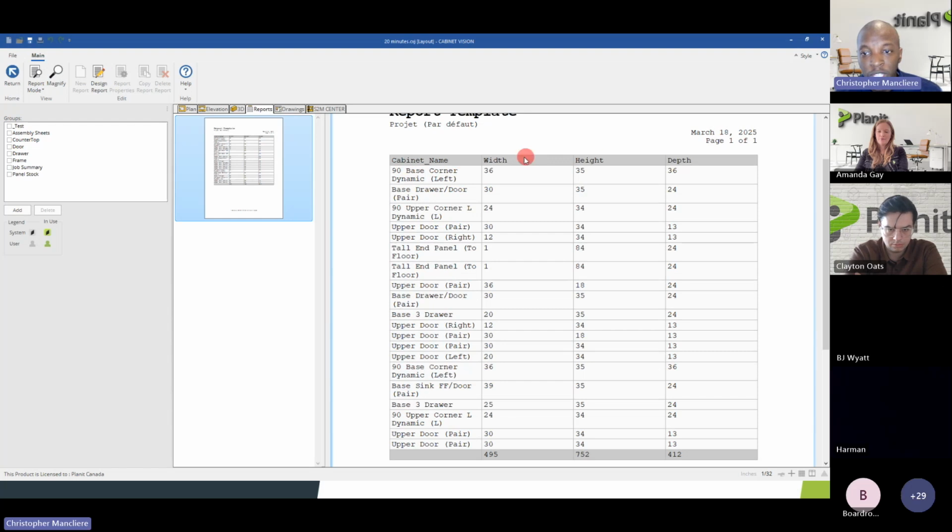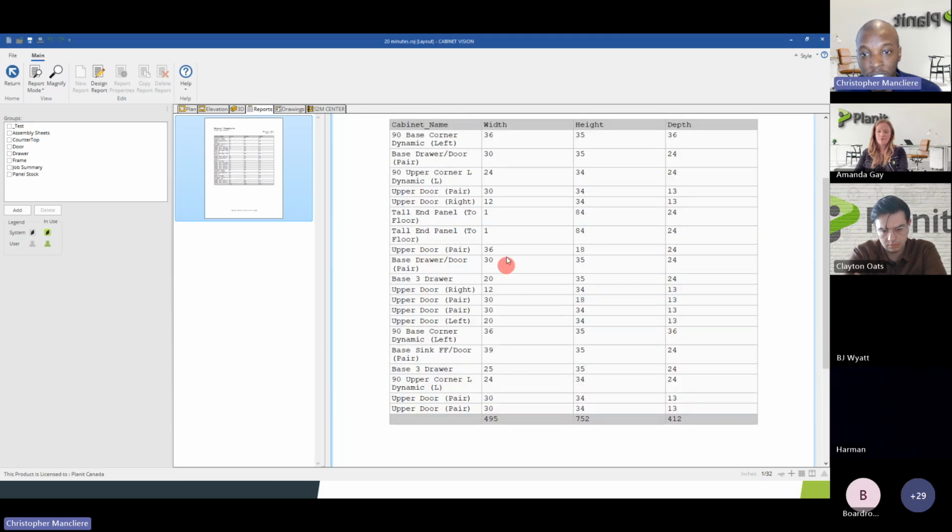Cabinet name, width, height, and depth as a title, and now I have my list formatted. And then, as I said, it will count everything, even if here it doesn't make sense. I guess if you wanted the total width of cabinet, why not? Very useful. But it's something that you can edit in the formatting,